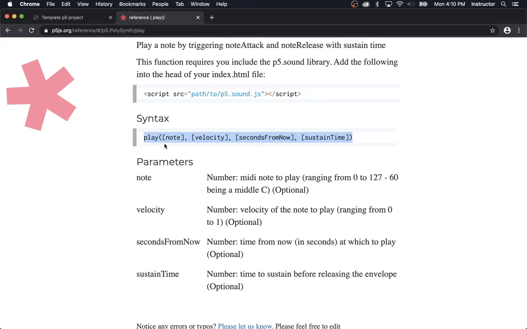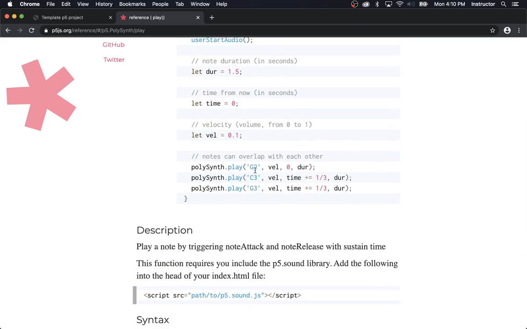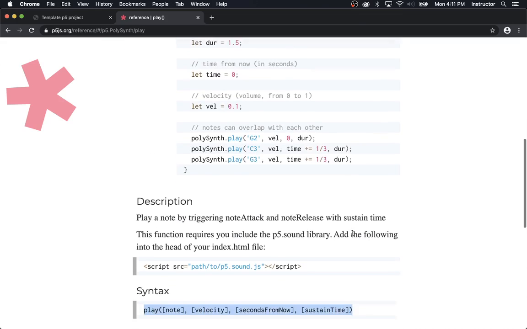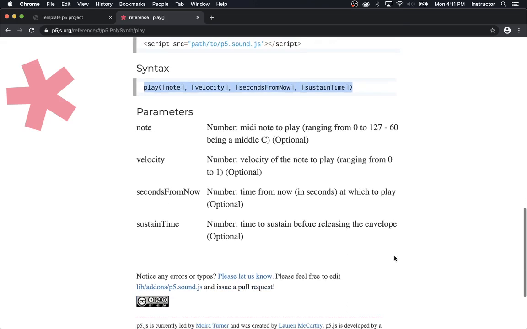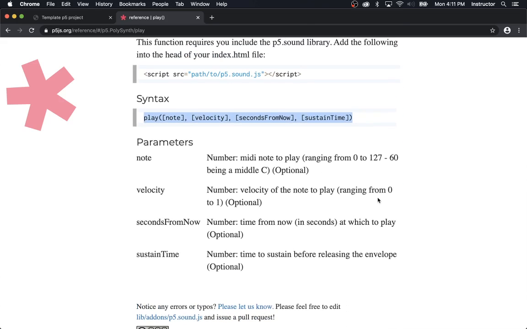So there's a note to play, and it says this is a number, but it doesn't actually have to be a number, because we literally saw in the example up here it can be a string, right? G2, C3, G3. Those are notes specified in terms of a keyboard, which is often a little bit easier to think about than the actual hertz of the frequency of a note. For example, like an A note, I think an A4 note is 440 hertz. I think it is. It's one of the A's. So the note can either be a number in terms of frequency,